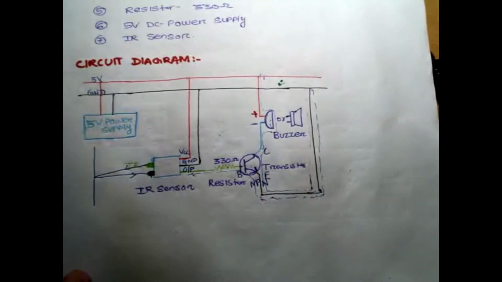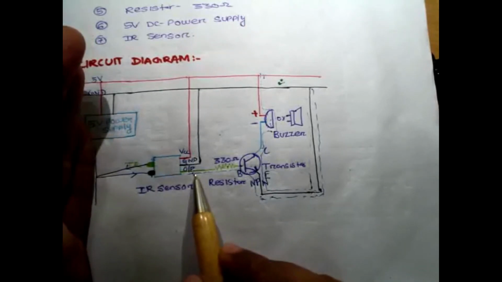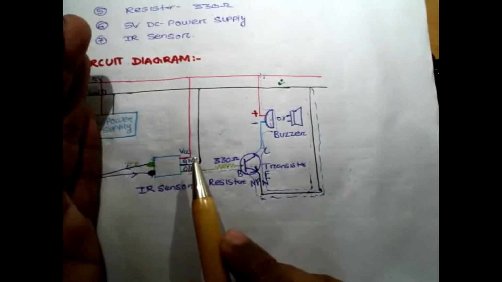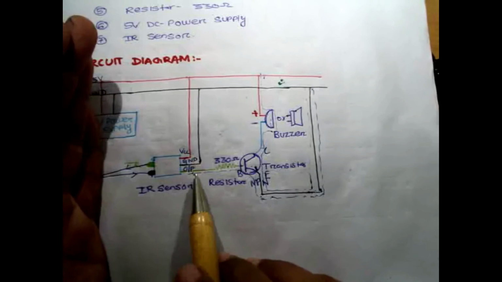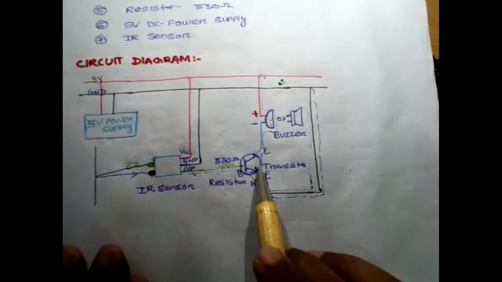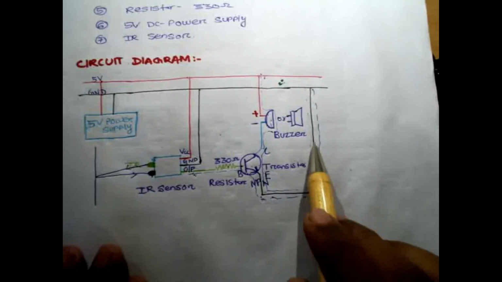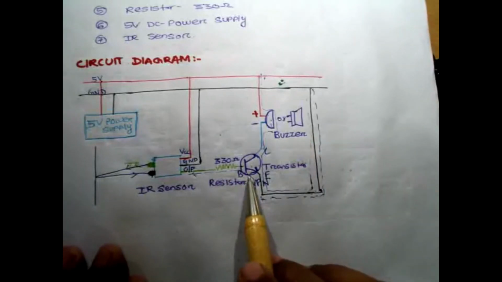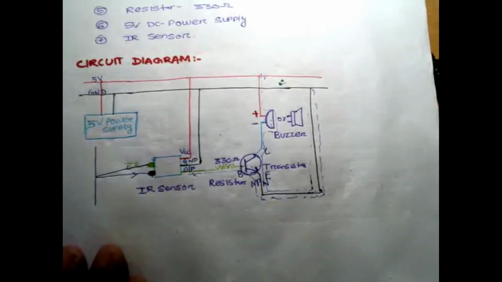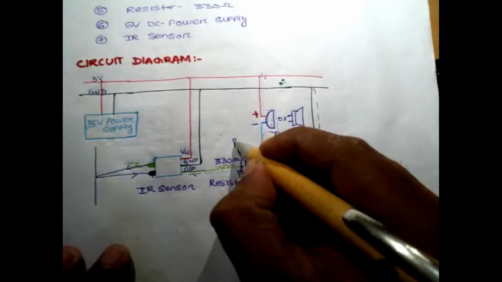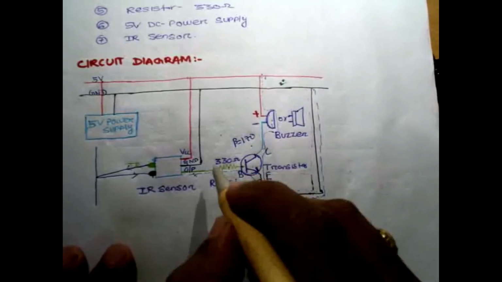How it works? When any obstacle comes in front of this sensor, the output will be high. You know that, but I can adjust this distance by adjusting that port that I have already discussed. When a high comes to this, the transistor will be switched on. The current starts flowing in this direction. When current starts in the input circuit, then the amplifying factor that I have already discussed is 170. The amplifying factor is 170: 170 times the base current.